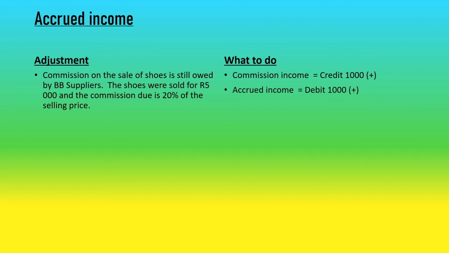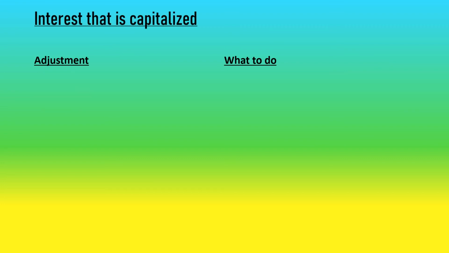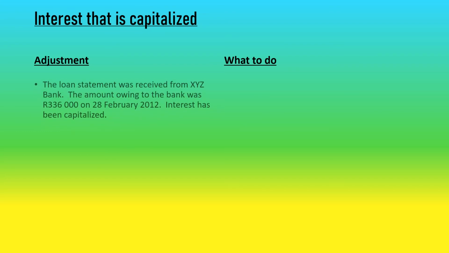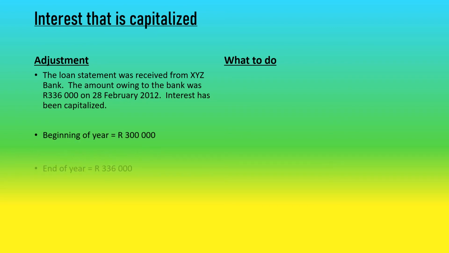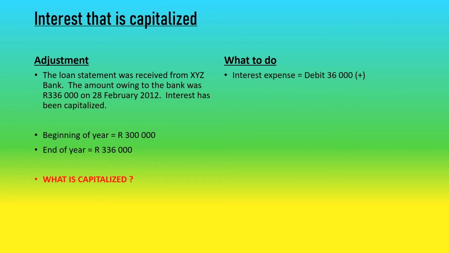So another common adjustment that you're required to do is related to loans and interest. And here we have an example where interest is capitalized. What does it mean that interest is capitalized? It means that interest is added to the loan account. Versus when interest is not capitalized, it means it's not added to the loan account. When interest is capitalized, your journal entries would be debit interest expense, credit loan. You're adding it to your loan. And if interest is not capitalized, you would debit your interest expense and you would credit bank